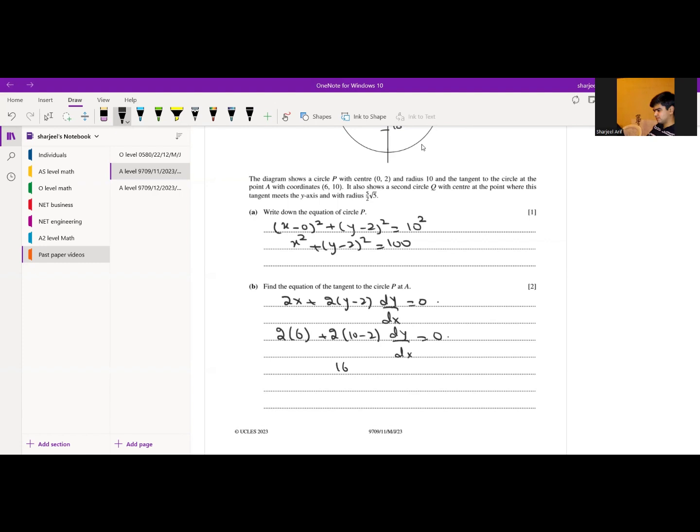This will be 16 into dy by dx equal to minus 12, and dy by dx will be equal to minus 12 by 16, or minus 3 by 4. We have to find the equation. So y will be equal to minus 3 by 4 x plus c. Just substitute the values of x and y, which were 10 and 6. c will be equal to 29 by 2, and the equation will be y equals minus 3 by 4 x plus 29 by 2. That would be the equation of